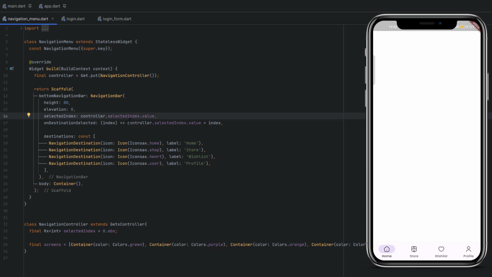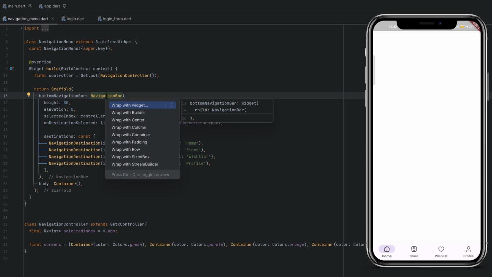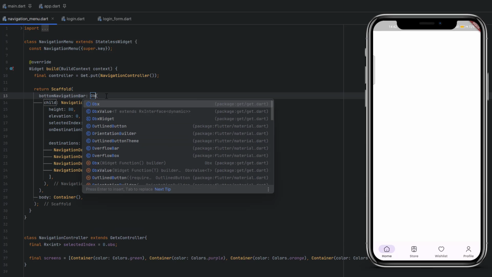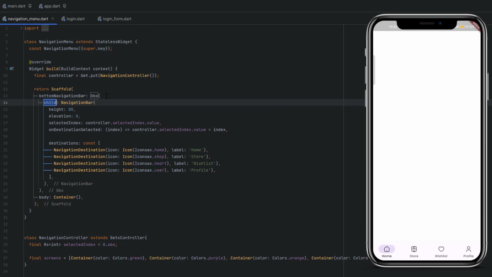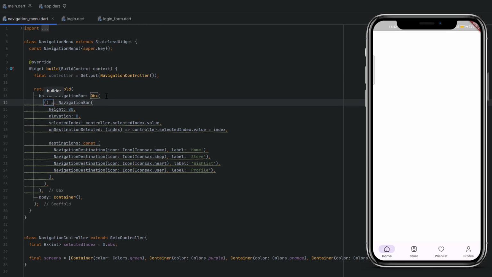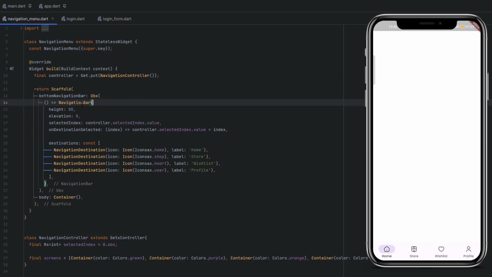This means that we are completed with the logic, but how are we going to redraw our screen? To redraw the screen, we have to wrap this navigation bar with another widget, which is Obx, and as a child we are going to create a function which is pointing to this widget, whatever widget is wrapping this function. So we are going to create a widget which is Obx, and instead of passing it as a colon, we are going to create a function,